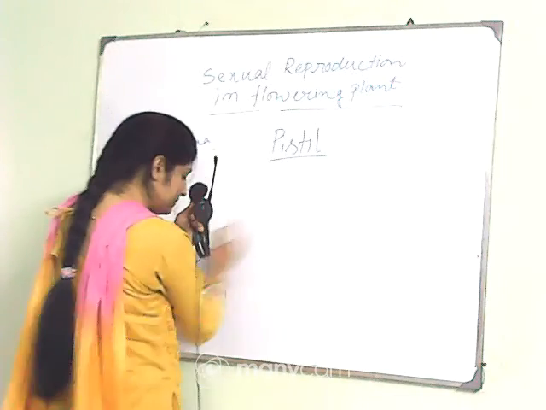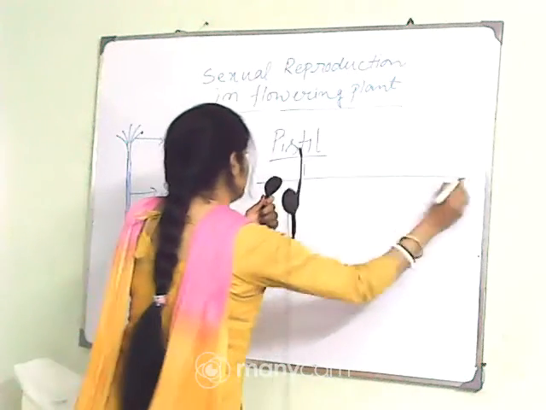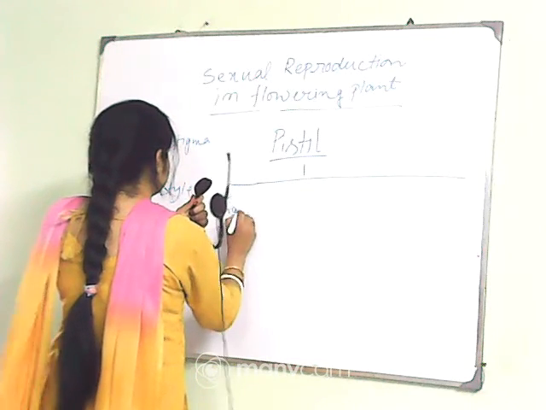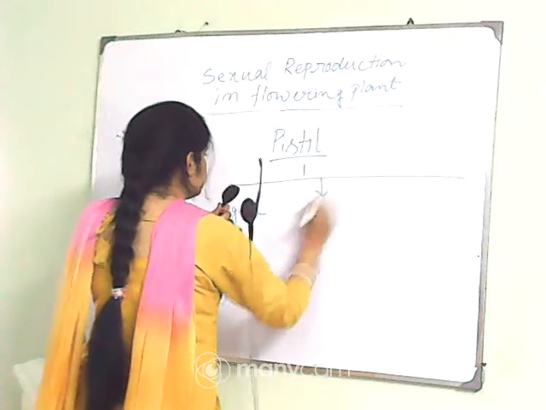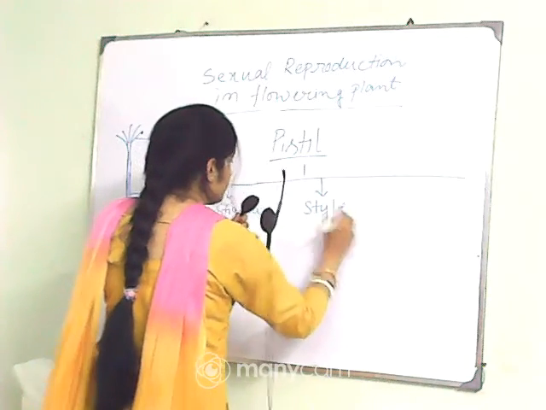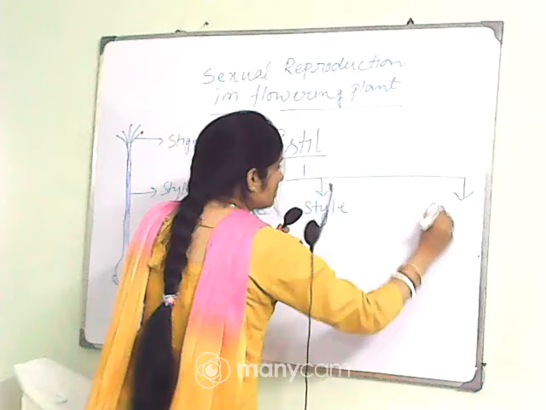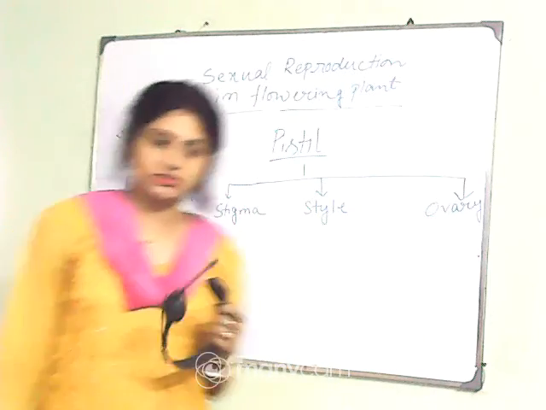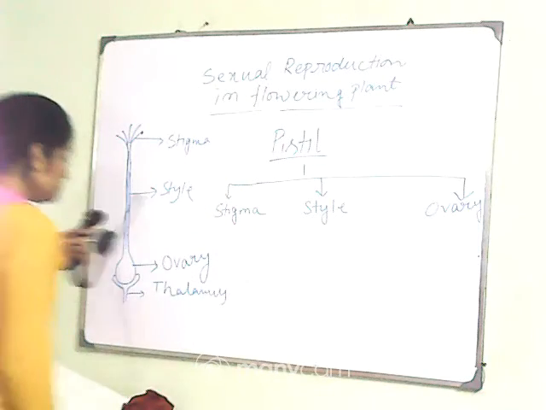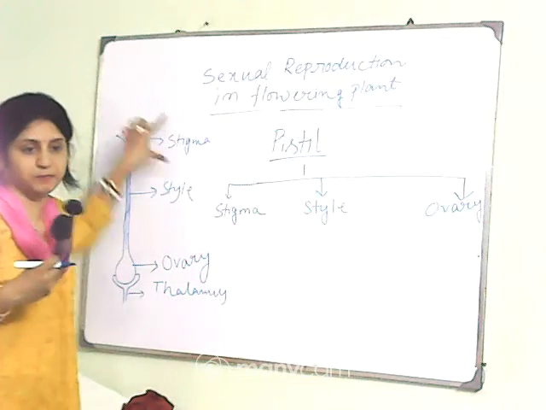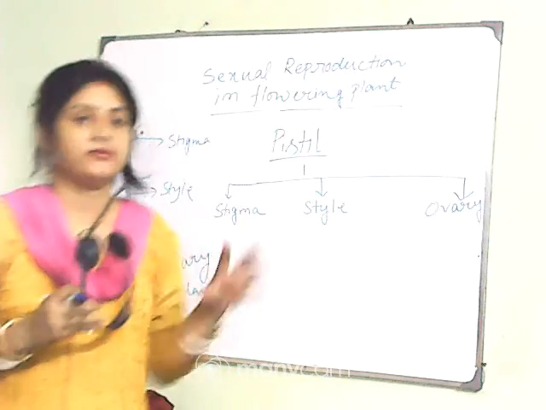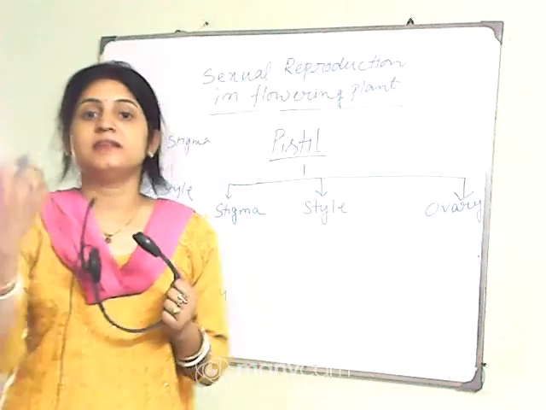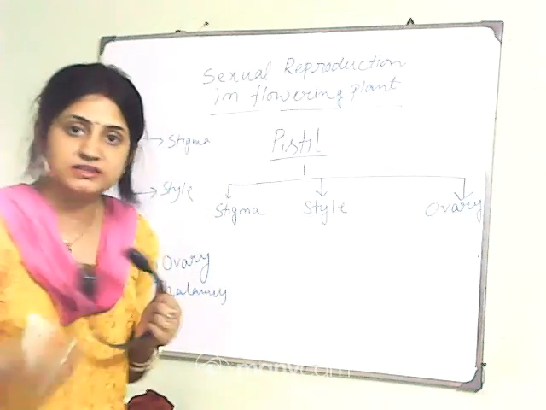So you can say the pistil has three parts: stigma, this one is style, and the last part, the bulging part, is called ovary. This ovary is converted into the fruit, and ovules are present inside this ovary. And in the pistil, the stigma, you know, is the receptive part, because it is the platform for attracting different types of pollinating agents. It can take in the pollen grains, so it can receive. So that one is the receptive part.